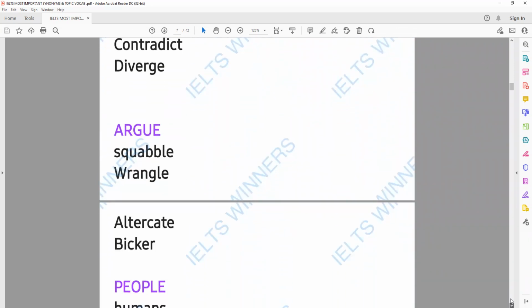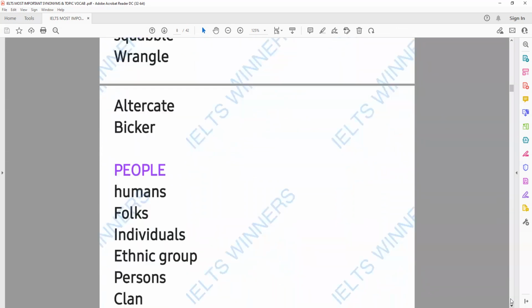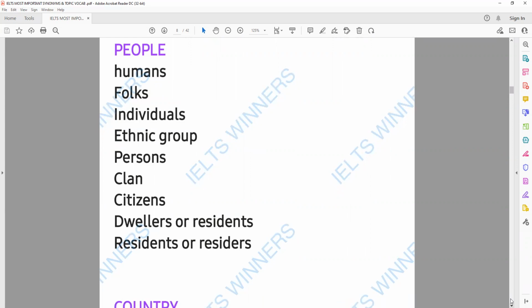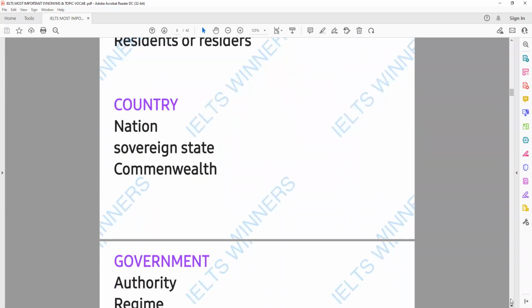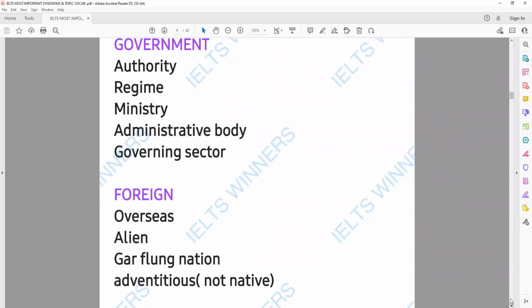If you want to say argue, there is an argument. People argue over something, so you can use these words: squabble, wrangle, altercate, and bicker. Most common word, people. Whenever you want to refer to people or citizen, resident of some place, you can use all these words: humans, folks, individuals, ethnic group, persons, clans, citizens, dwellers, or residents. So for country, for government, for foreign,